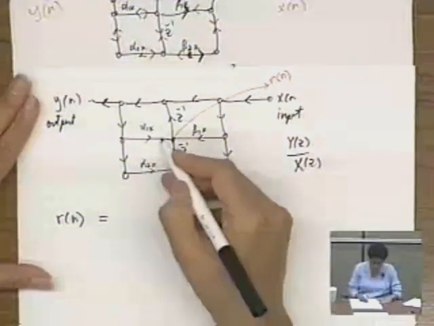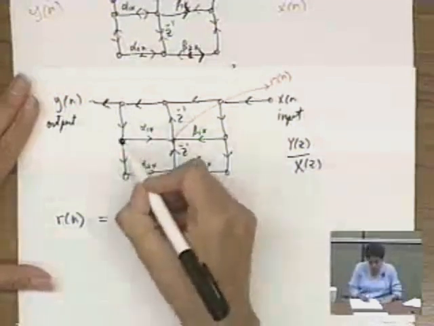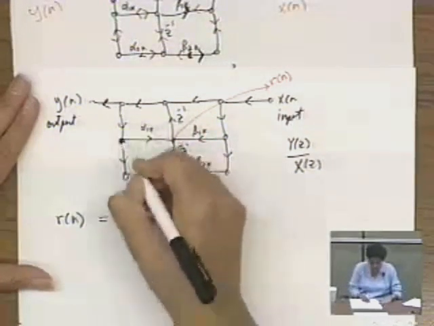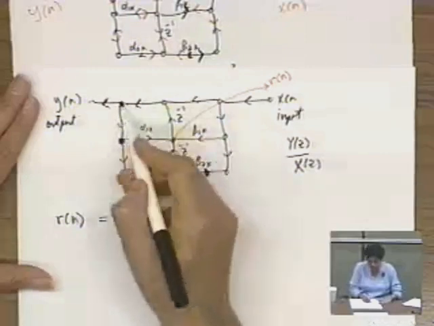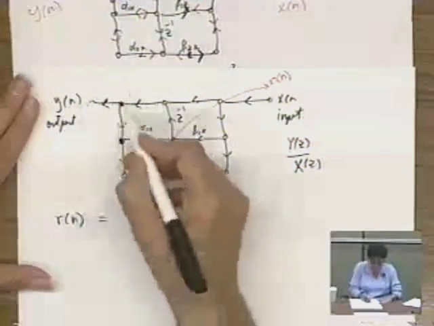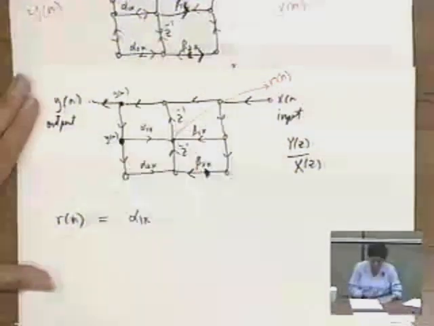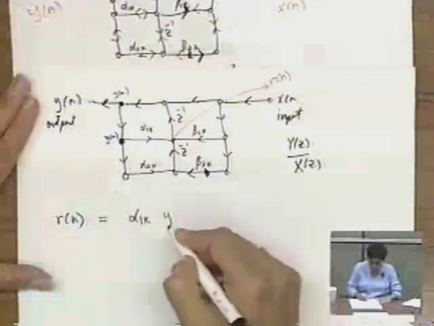Well, let's write down what it is at this point. It's alpha 1k times this signal. Now, what is this signal? Well, this signal takes on its value from here and passes it to this guy and that guy. So if it receives the signal from this point, what is the value of this point? Well, this point seems to be receiving a signal from here and spitting it out that way and that way. So this point is y of n, and therefore this node is also y of n. So you get r of n is equal to alpha 1k times y of n